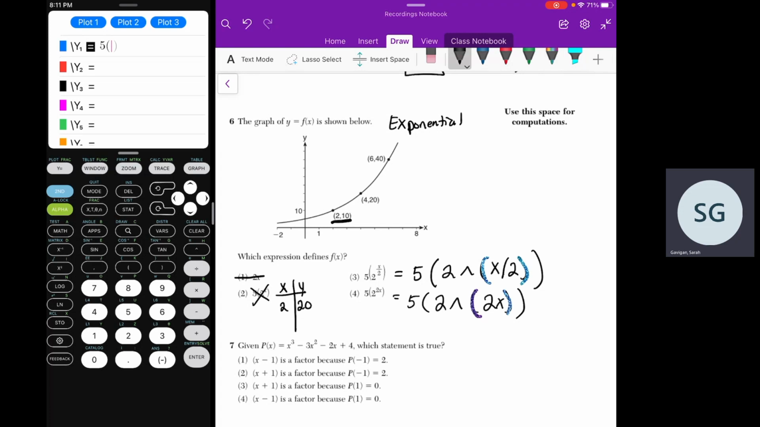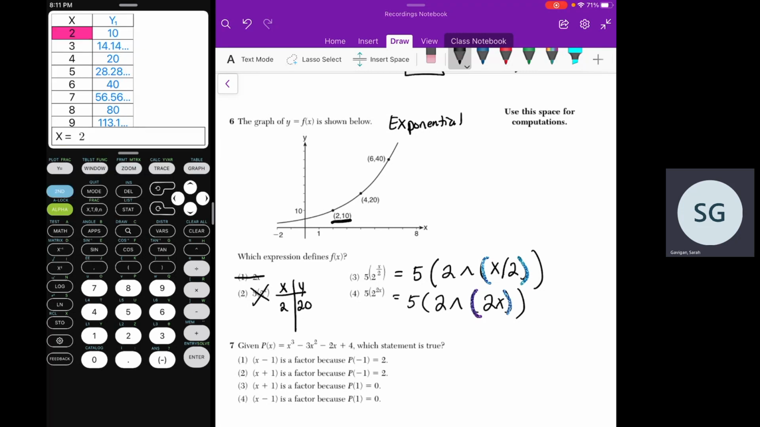Make sure you know how your calculator works. So I'm going to have my calculator up here. This is the 84, so it makes the exponent already for you. You don't need extra parentheses. Now when I'm looking at my table of points here for choice 3,